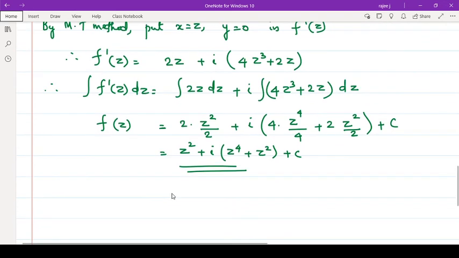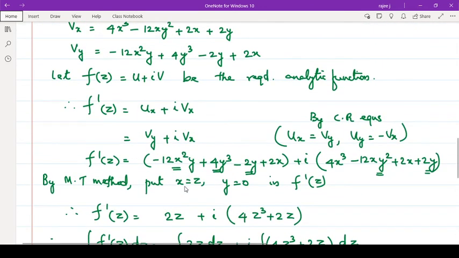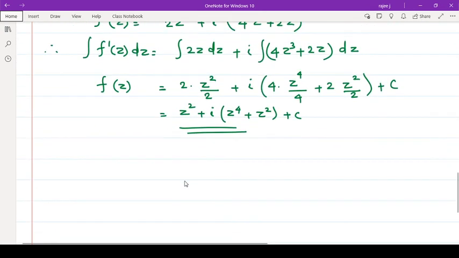Okay, so this kind of question you have, and again we will have another kind of question which is very important. This very simply you can do it. Finding ux, uy, vx, vy is simple, but this kind of question which I am going to do now, that kind of question you can expect in your exam. Repeated questions come.